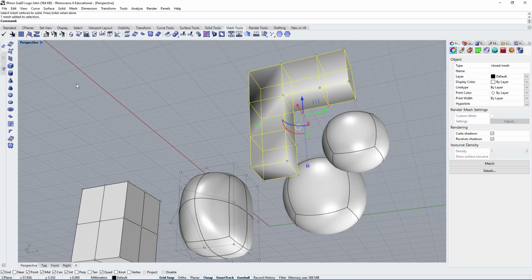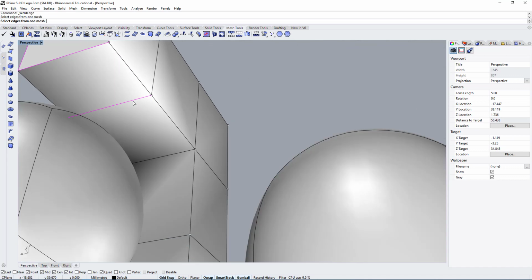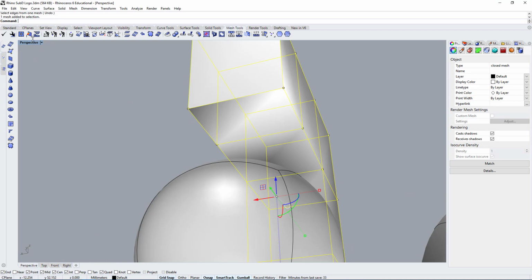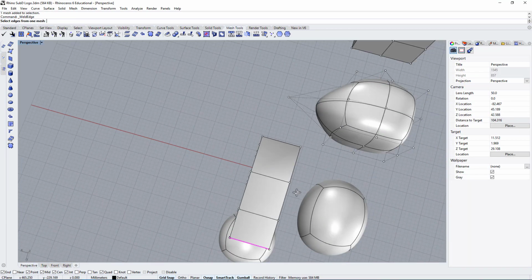Okay, and let's go back up here, check the edges. It seems like there's one edge up here. Okay, this time it worked. Let's look at that again, and this is what we want to see.